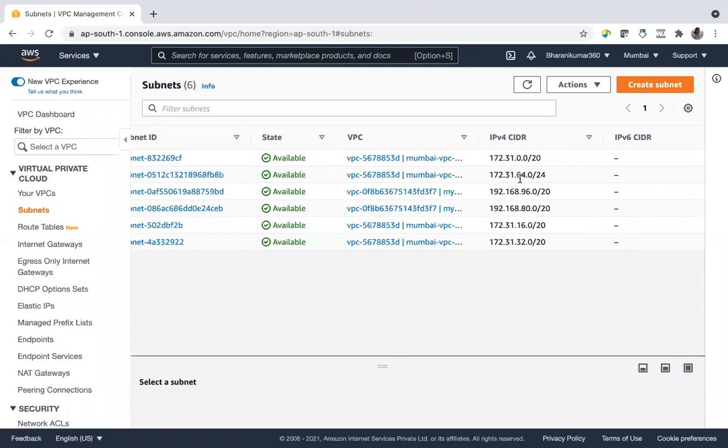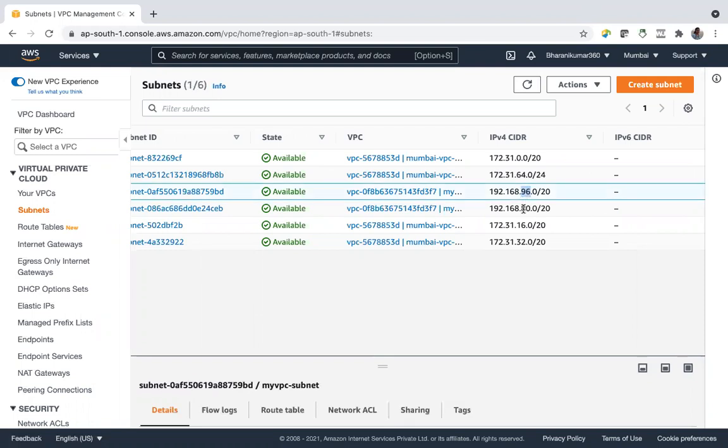So here we are facing this one, the third octet. When we give this third octet a different number, AWS is giving some other number, and those numbers are multiples of 16.